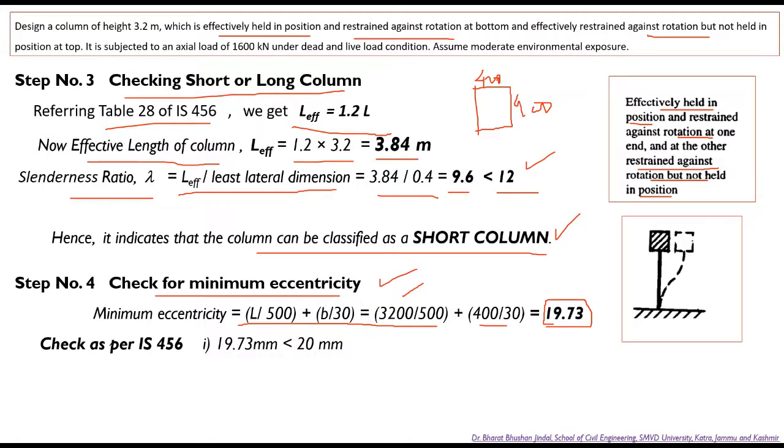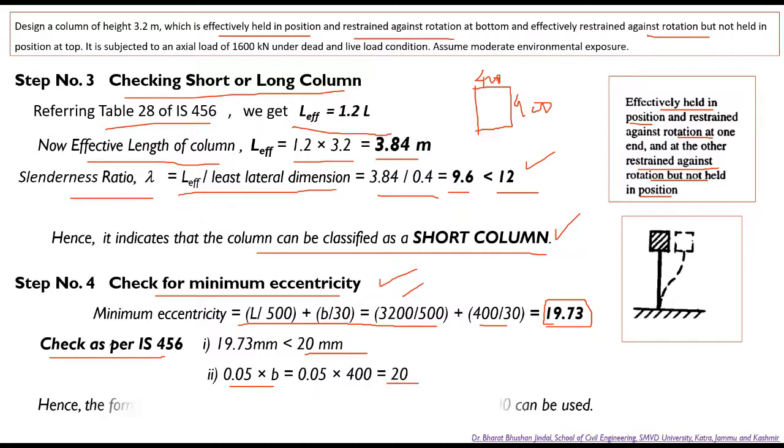Now the code gives the condition that this minimum eccentricity should be less than 20 mm. So it is less than 20 mm, and another condition is we have to check the value of 0.05b. It comes out to be 20 here. Since the condition is fulfilled, that minimum eccentricity is less than 20,